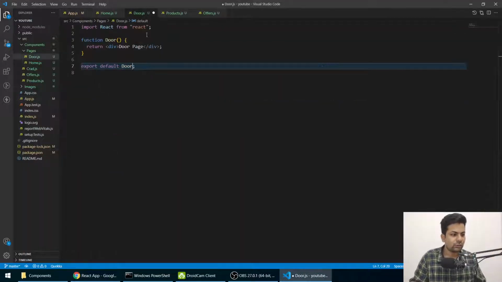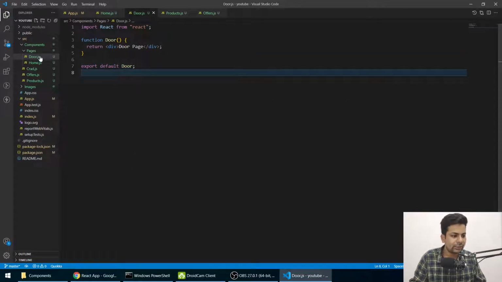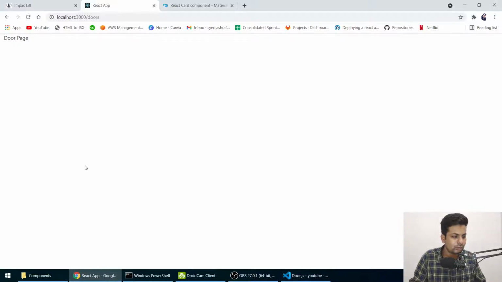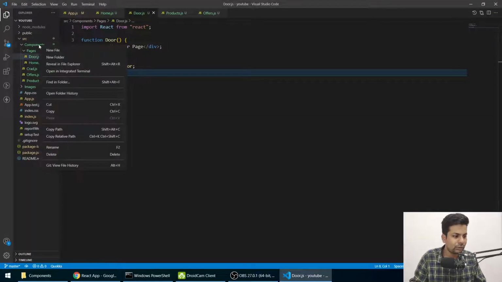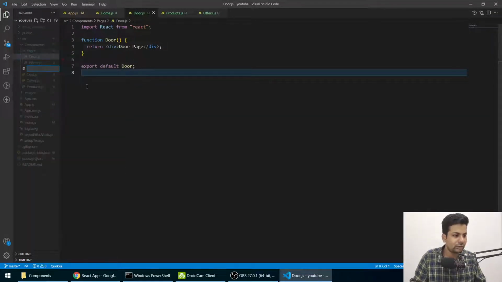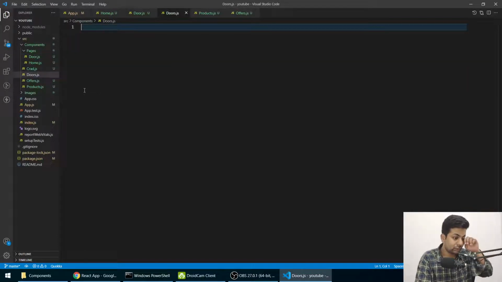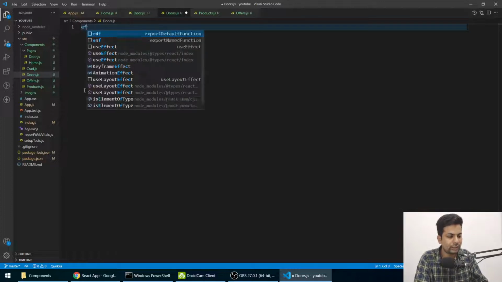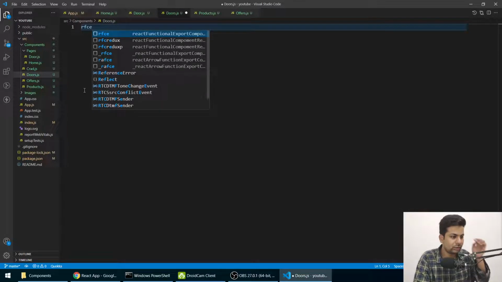So now for doors also we'll make a new component. In components we'll make a new component and we'll say doors.js. Okay, so now here we'll make the RFCE. Why is it not auto completing RFCE?